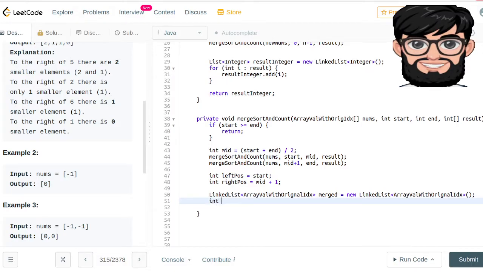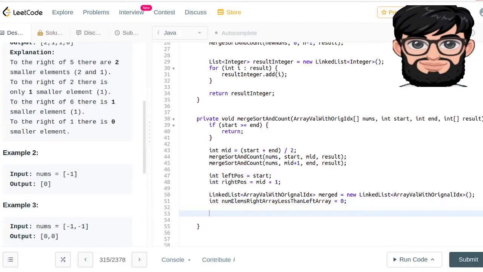So we're going to call int number of elements in the right array, less than the left array,